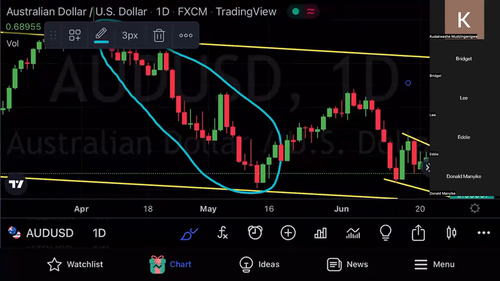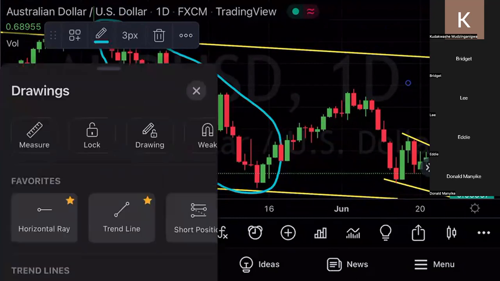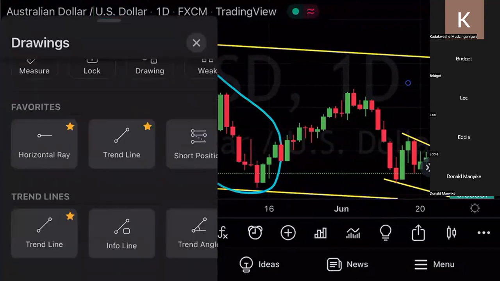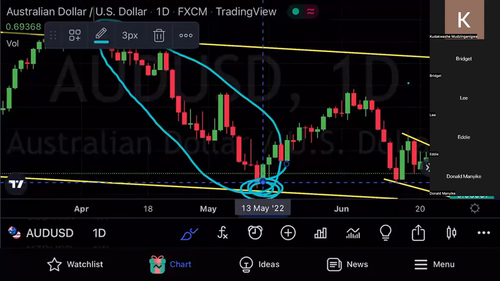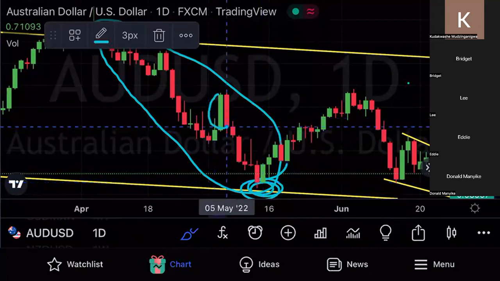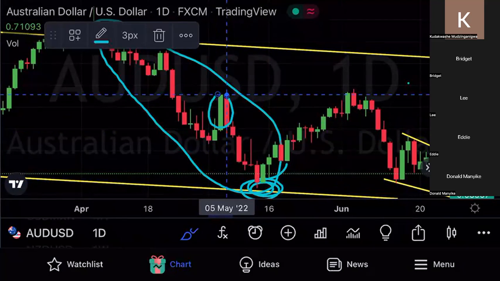Okay, let me put my pen. This is our lowest point of the trend. You ask yourself, where is the last order block? The last order block is this. When we say an order block, guys, let's say we're in a downtrend, we are talking of this green candle, right? Let me indicate it. That's your order block, and that's our last order block. So usually what I do, I choose those order blocks that have more than 3 red candles.